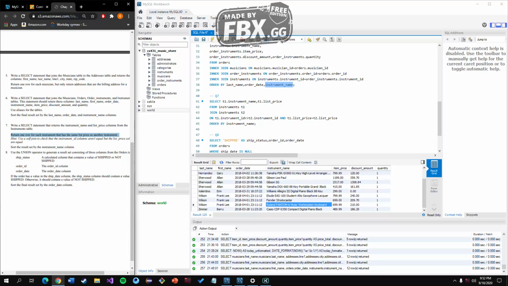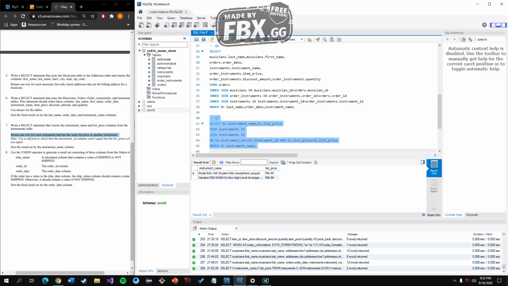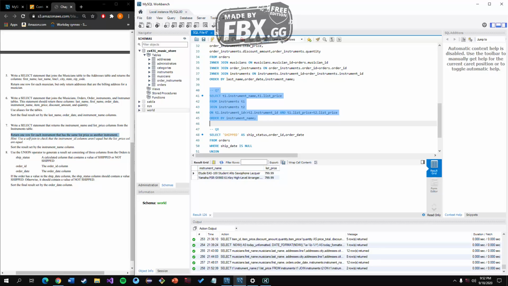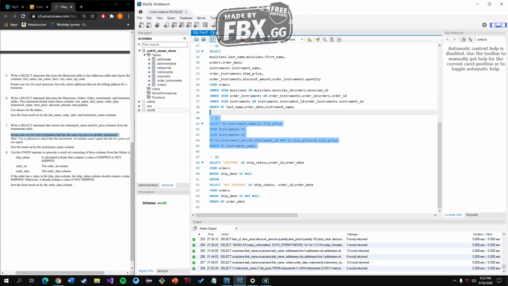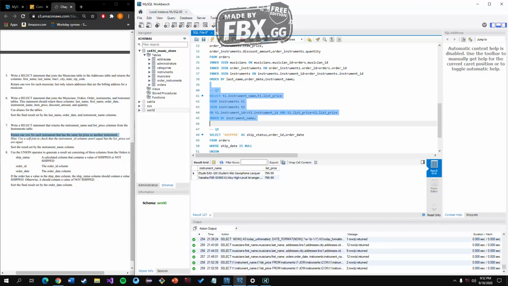So to do this, let's just run the query number 7. Here we go. As you can see here, it's coming up with two rows, and it's showing the instrument name and list price, two columns. Okay, I need to do it again. Also there is a condition that we sort the result by the instrument name column. So as we run here, now for this one, this is kind of tricky because